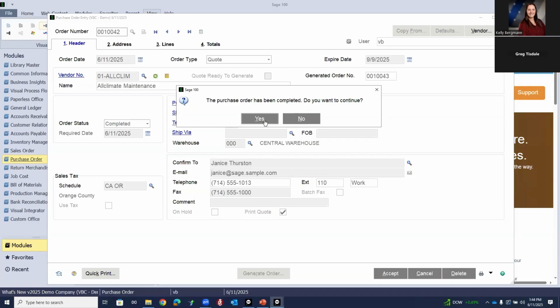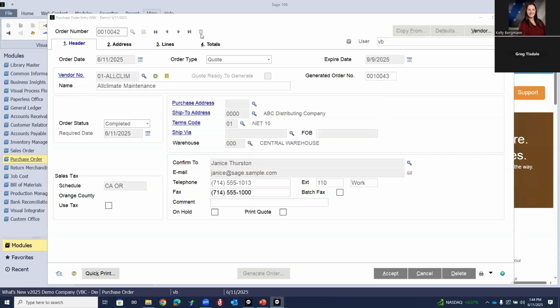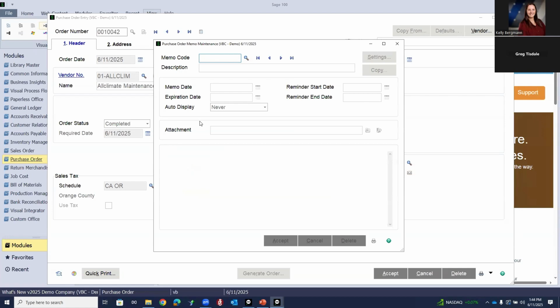We have it show as completed, which means when you do your normal utilities of purging, it will purge out based on whatever date range you have in your setup for how long to keep open purchase orders. So I'm going to say yes, but my thought was because it is to use the memo codes and attachments, so I could, this is just my thought,